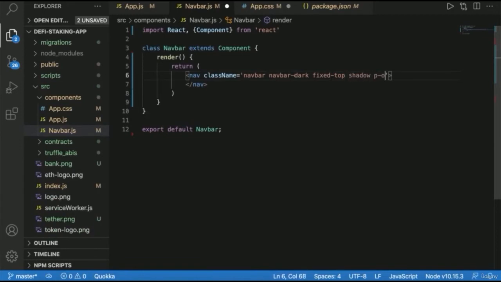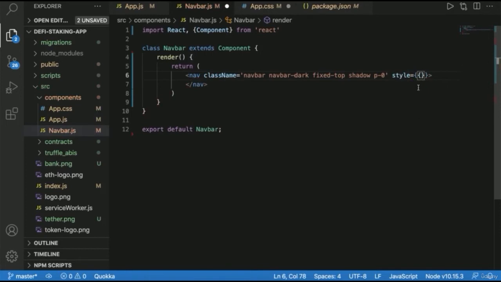P is going to be O. Okay, and we can also access styling in our JSX as well. It's not something that you should really do that often, because it's better to separate your styles. But if you're just adding a small style adjustment here and there to your component, it's a great tool to bring in. So we can bring in CSS by writing style like this and double curly